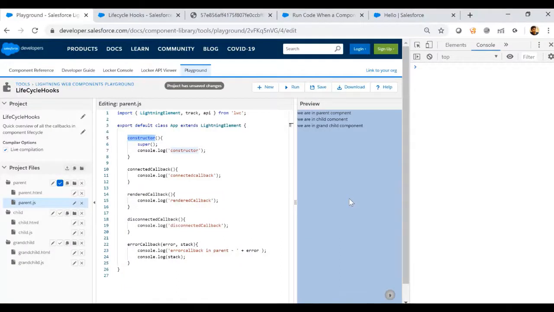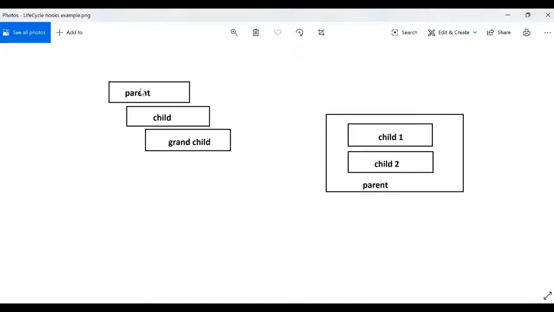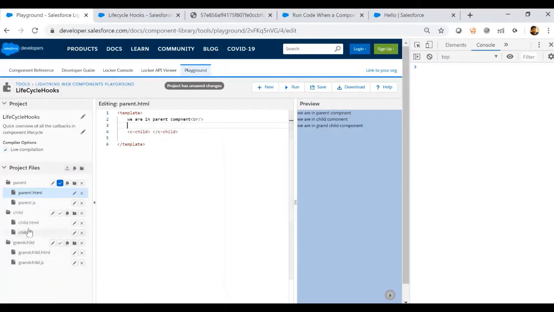For the sake of this demo, I have created a project in Playground called Lifecycle Hooks. There are three components: parent, child, and grandchild, in a hierarchy, something like this in the first diagram. Each component is placed in another component. That means the parent has a child component, the child has a grandchild, and the grandchild just has a message.